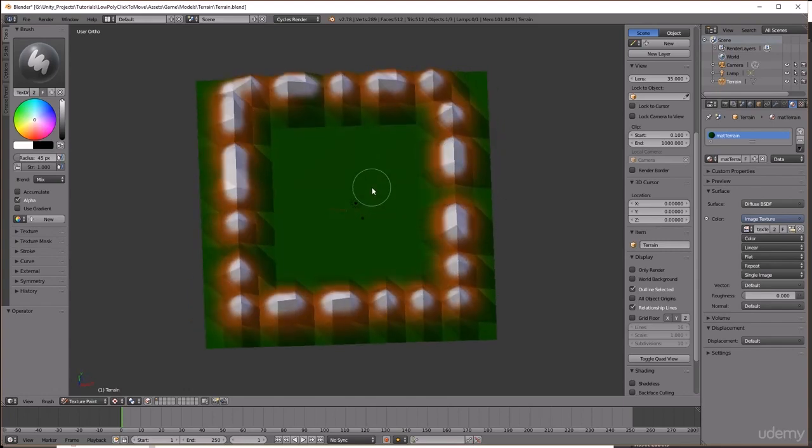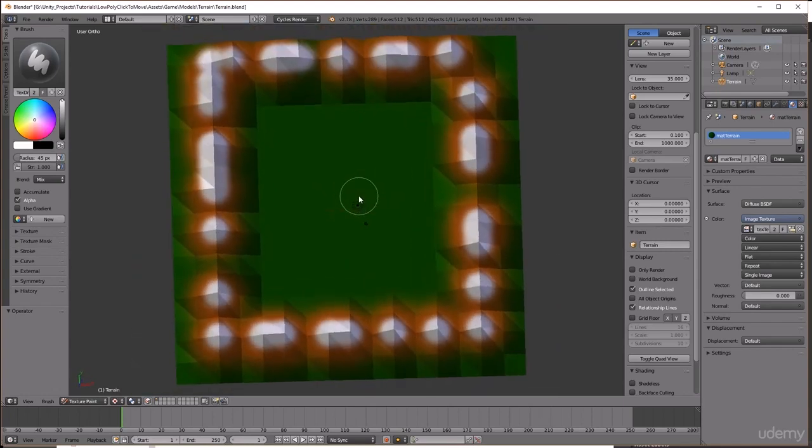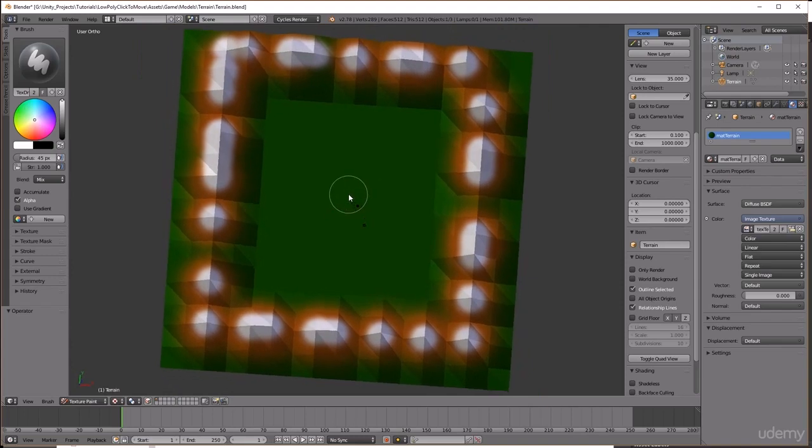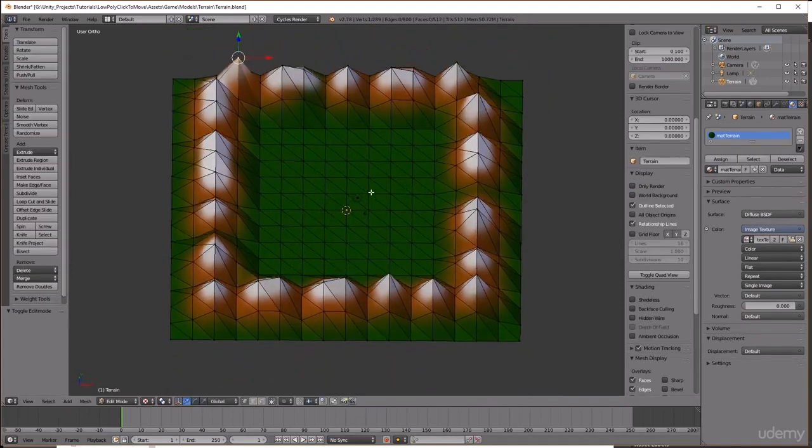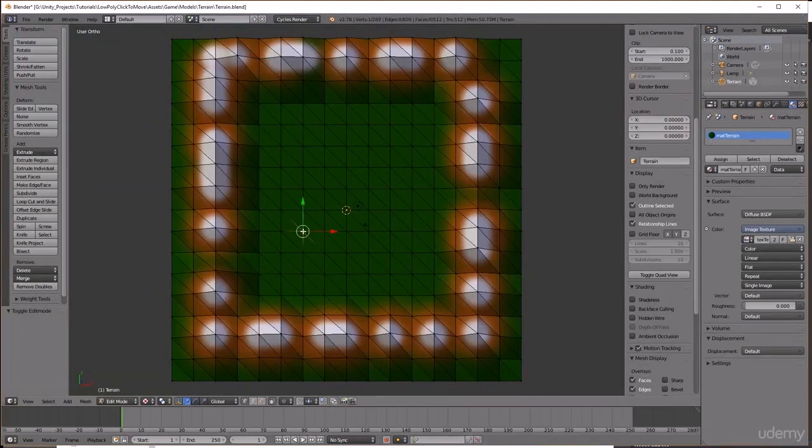Now I don't want the terrain in the middle to be quite so flat, so let's fix that now. So if we go back into edit mode, and if we shift right click and choose some vertices like this,